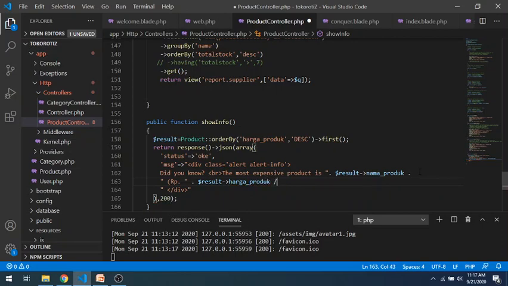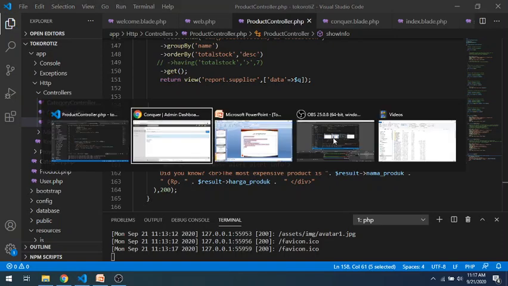Okay, this one. Because we already have the product model, we can get the record which has the highest harga product by ordering it, and grab the first record.